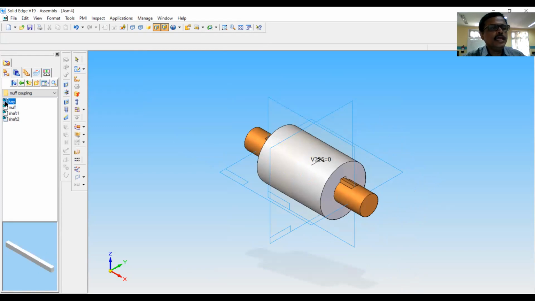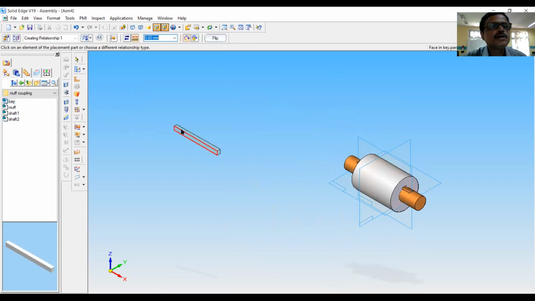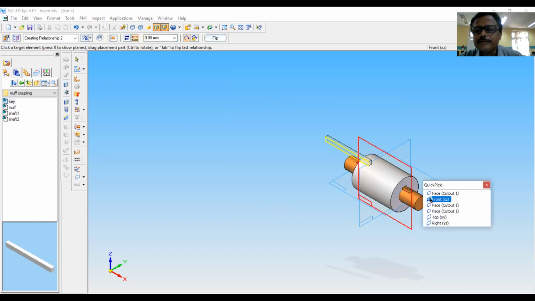Then assemble the key with this. Align this surface with this plane. Then align this surface with the quick pick option you have to use here. Which surface is suiting you most?